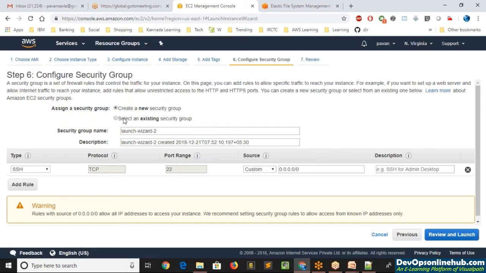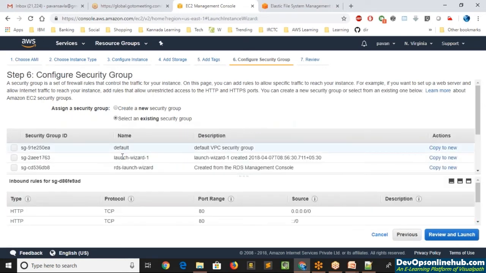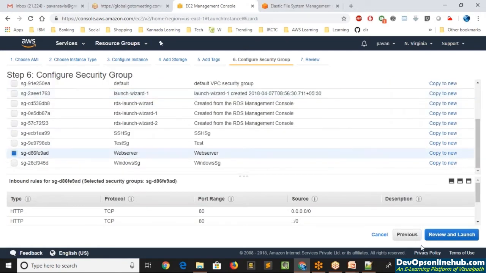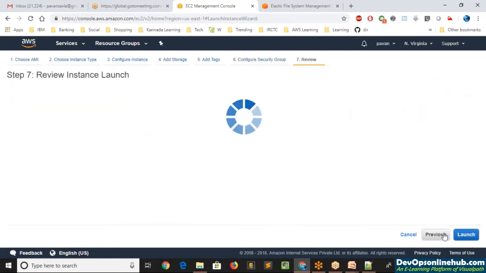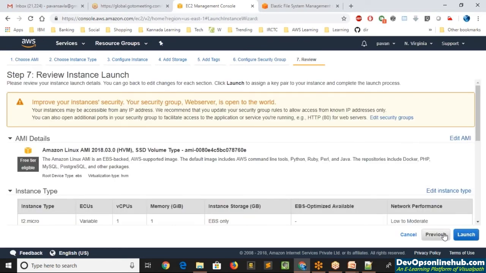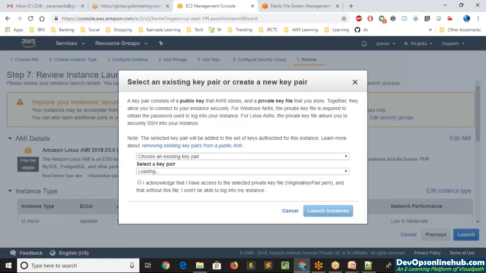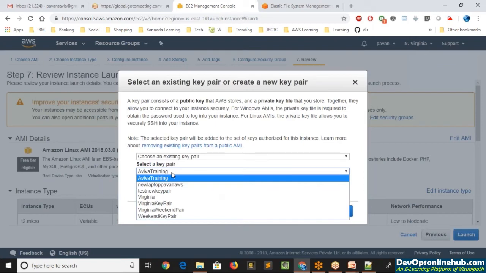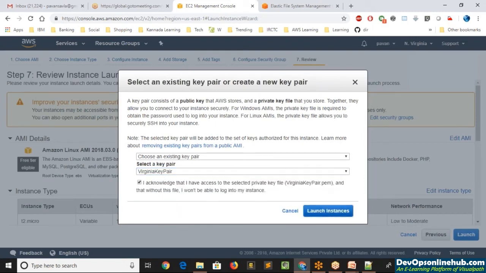So we'll select the existing one, that is basically the web server security group, and then finally launch this machine with the key pair that we already have.